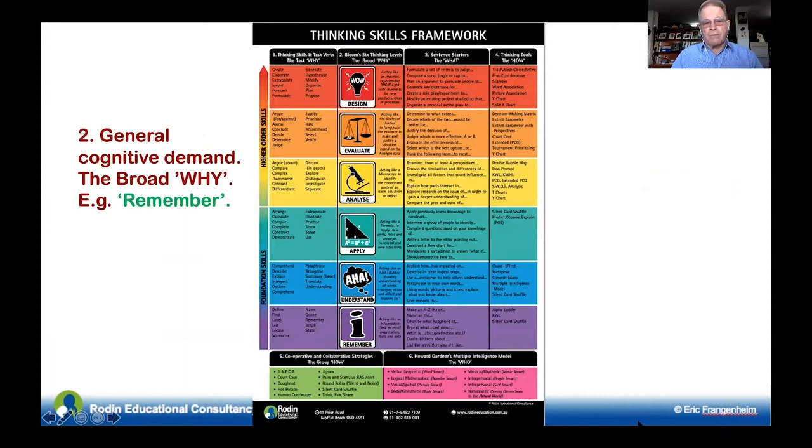Now, we're going to the second column first, because when we are designing anything to do with thinking or learning, we've got to be clear ourselves as the presenter. What is it that you're asking people to do? Are you asking them to act like an information kiosk to remember, or an aha bubble to show that they understand, or like a formula to show that they know how to apply something, or like a microscope so that they could pull things to pieces and look at the component parts? Or you're asking them to act like the scales of justice, to evaluate, to say this is better than that, or finally like an inventor, a musician, a poet, an artist, to come up with, wow, a new idea in the design. So in this case, if we ask them to remember, it is at the bottom level.